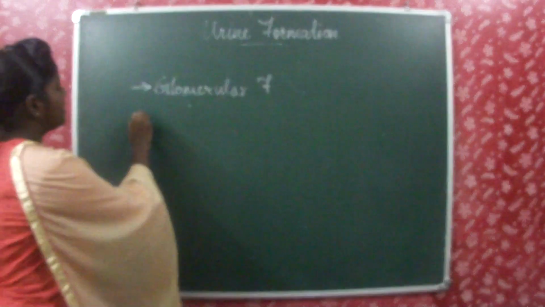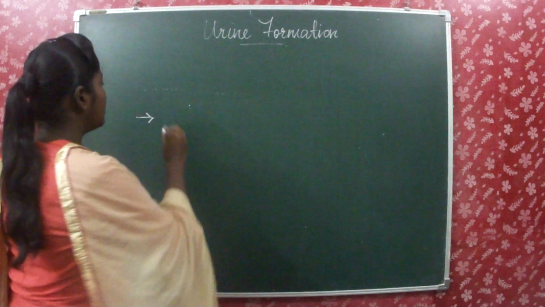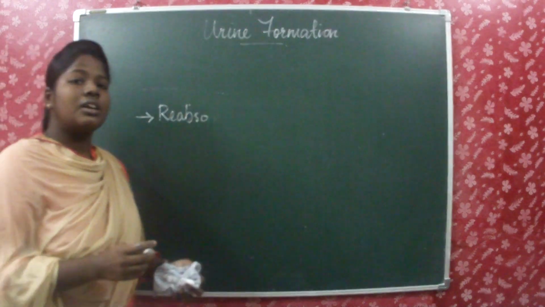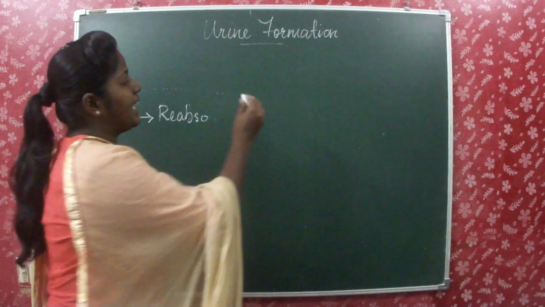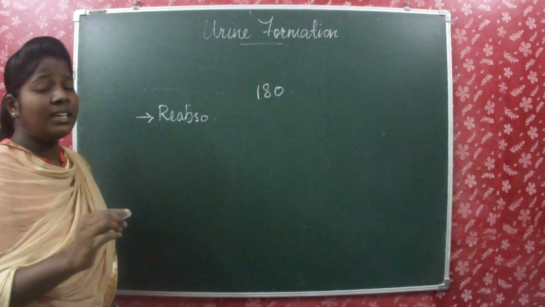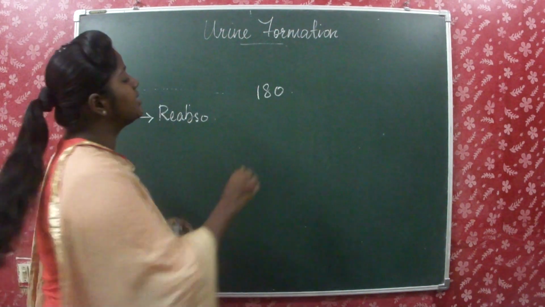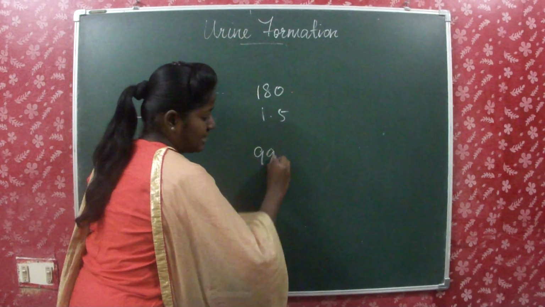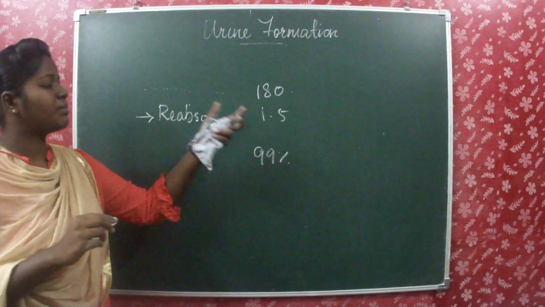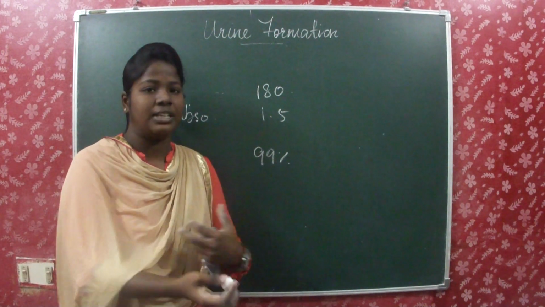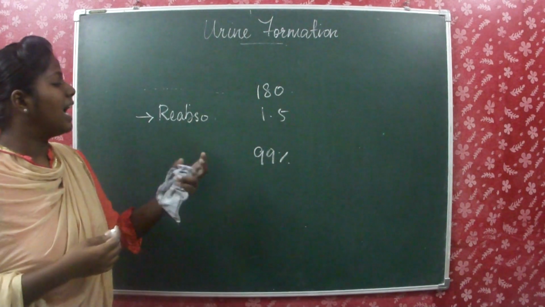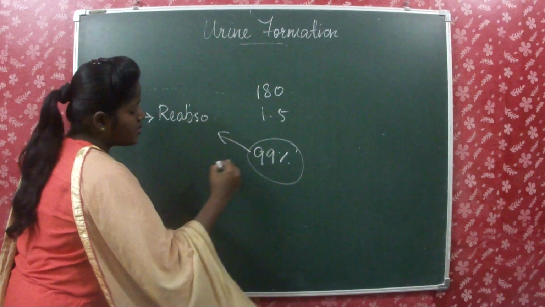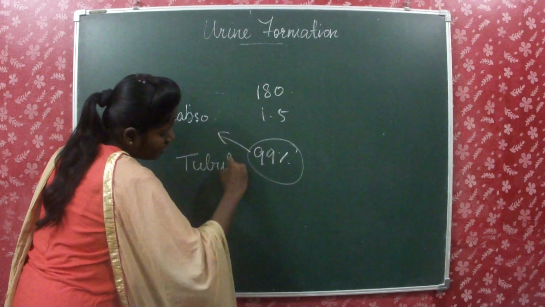So, the next step is reabsorption. After glomerular filtration, it is going to be reabsorption. We know the filtrate formed per day is 180 liters. Then, the urine released by our body is just 1.5 liters. So from this we are very clear that only 1% is released and the maximum of 99% stays in our body. That is, this 99% has to be reabsorbed. So these are reabsorbed by the tubules of the nephron.